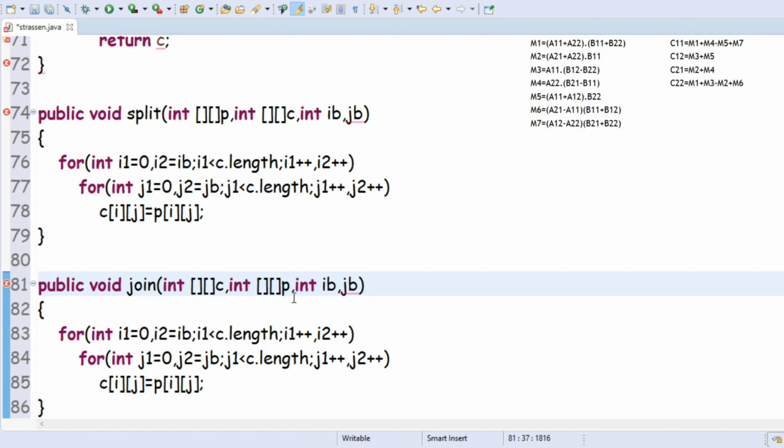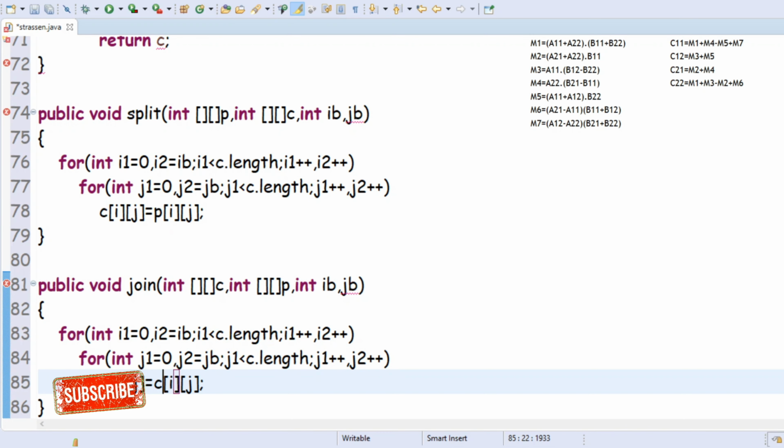Next, similarly ib and jb, but here we have to copy the child elements into the parent elements, so we are taking p as parent element and c as child element. So child elements will be copied to the parent matrix.